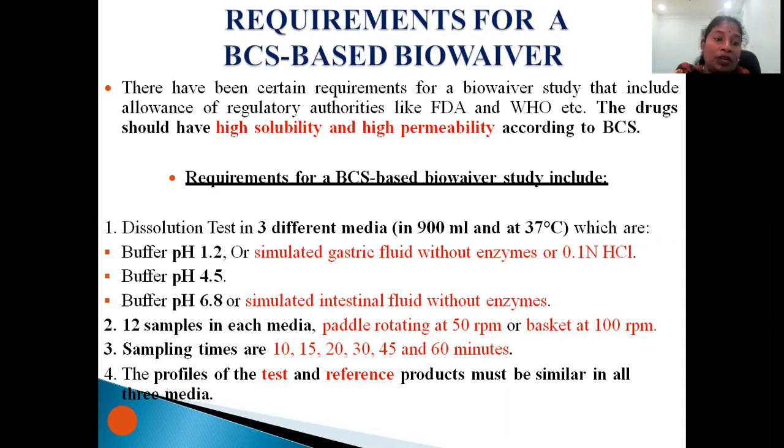Okay, the sample times: 10, 15, 20 minutes and 30 minutes, 45 minutes, 60 minutes we have to take, and we have to compare the test and reference product, which must be similar in all three media. So the next one is